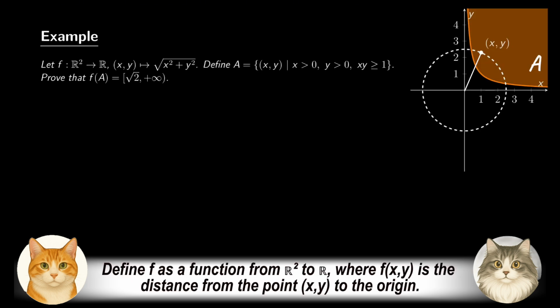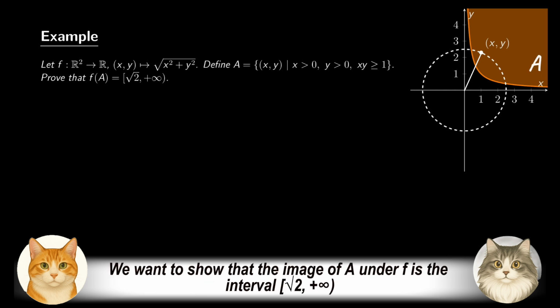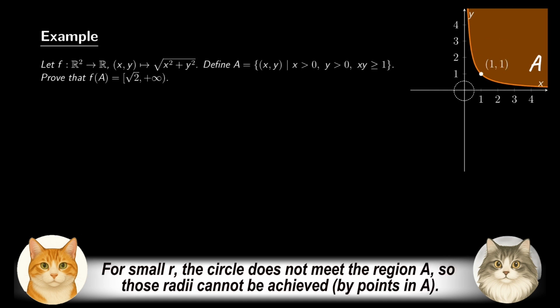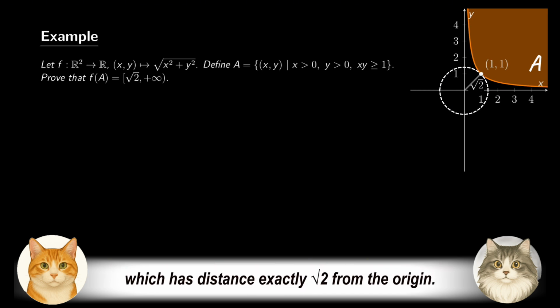Let's look at another example. Define f as a function from R^2 to R, where f(x, y) is the distance from the point (x, y) to the origin. Let A be the region on and above the hyperbola xy equals 1 in the first quadrant. We want to show that the image of A under f is the interval [square root of 2, infinity). To build some intuition, consider circles centered at the origin with radius r. For small r, the circle does not meet the region A, so those radii cannot be achieved. As r increases, the very first contact happens at the point (1, 1), which has distance exactly square root of 2